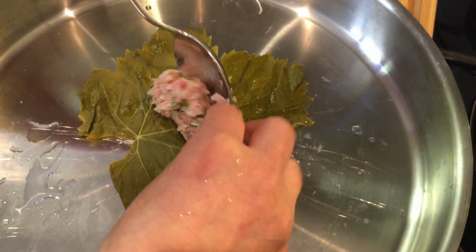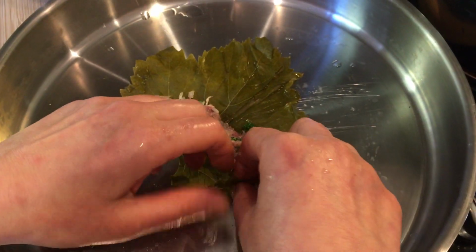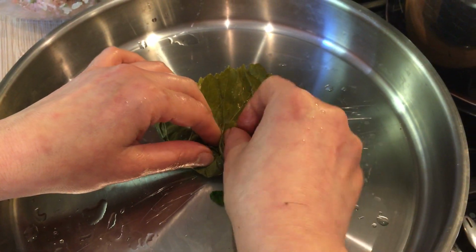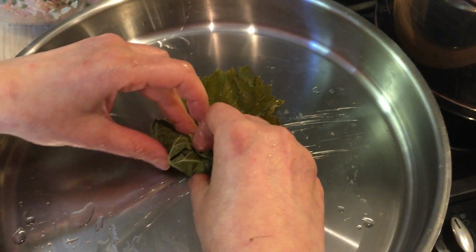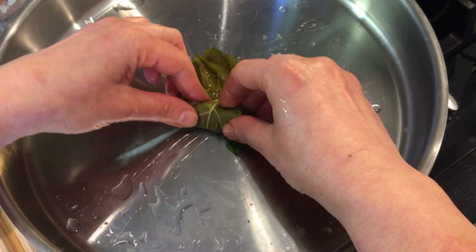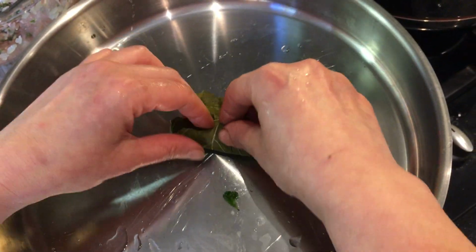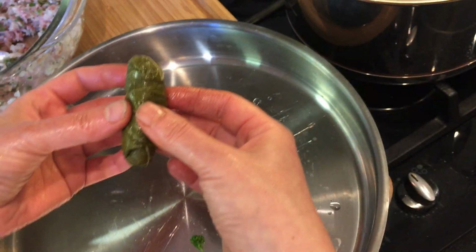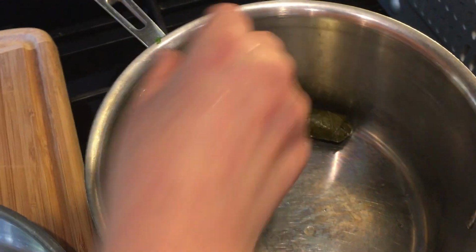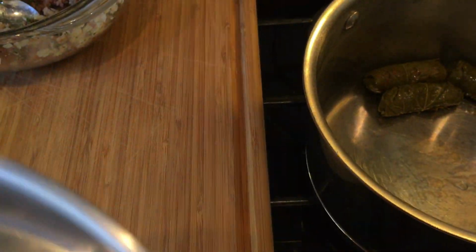Let's do one more. Have our filling here, and then I'm putting the leaf over, and then start folding the sides and start rolling like a tight log. And as I do that, I tuck in all the end bits, and you end up with this lovely roll. So I'm putting them together, and here I also have some vegetables